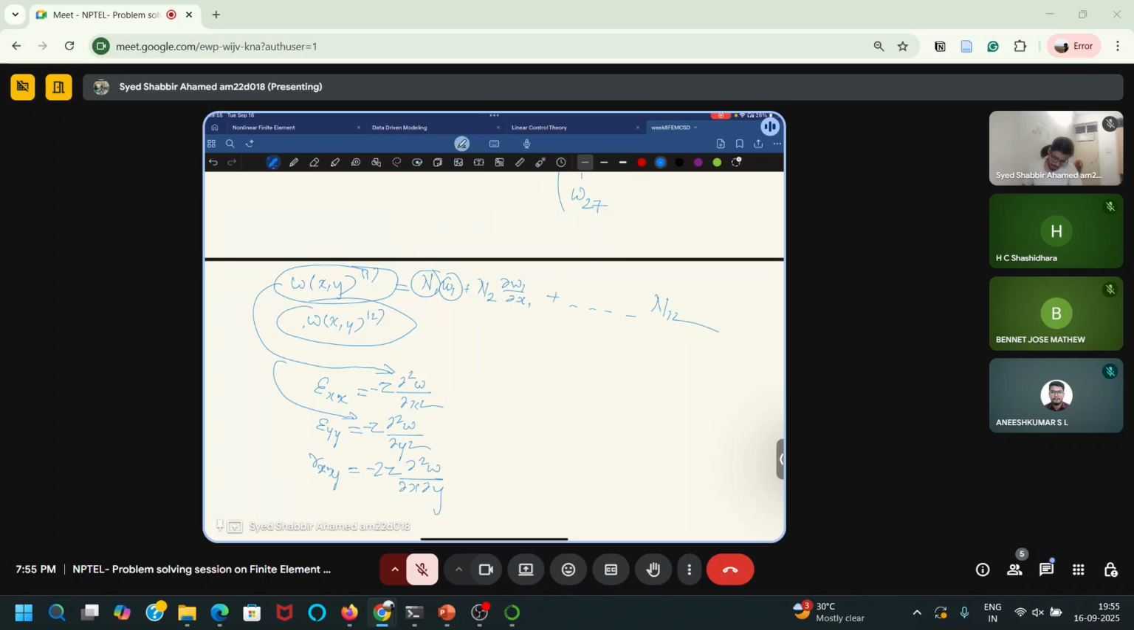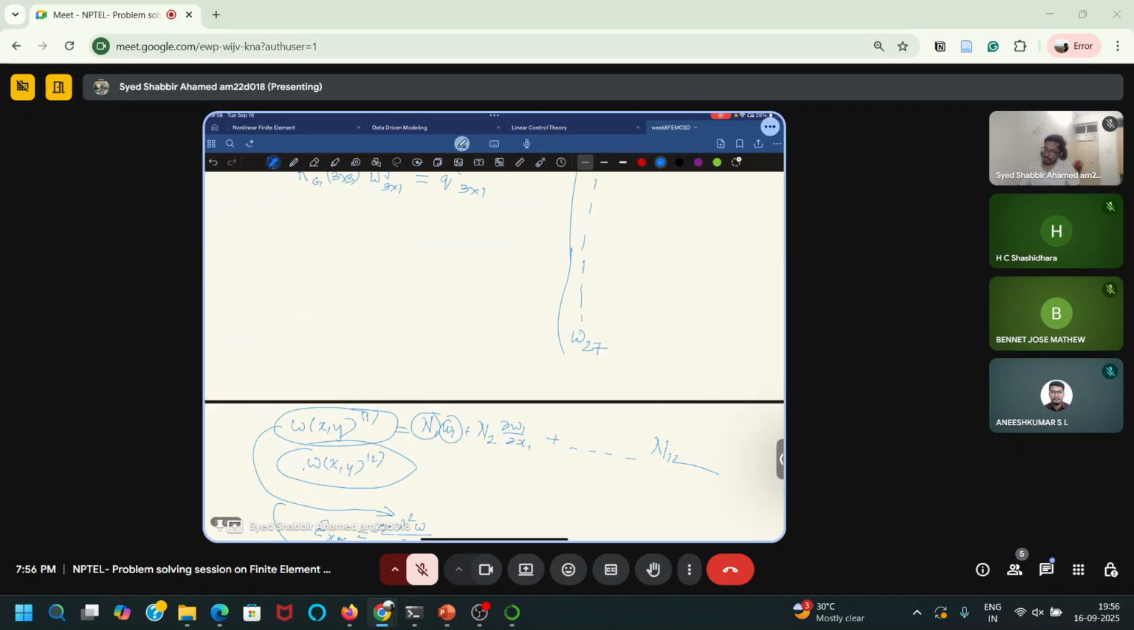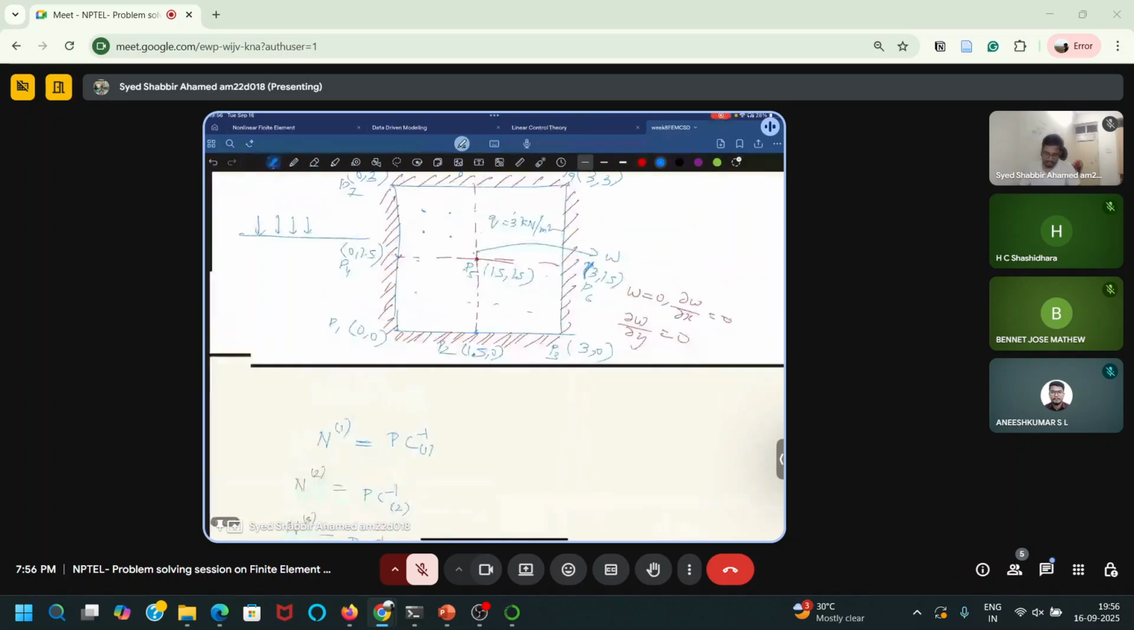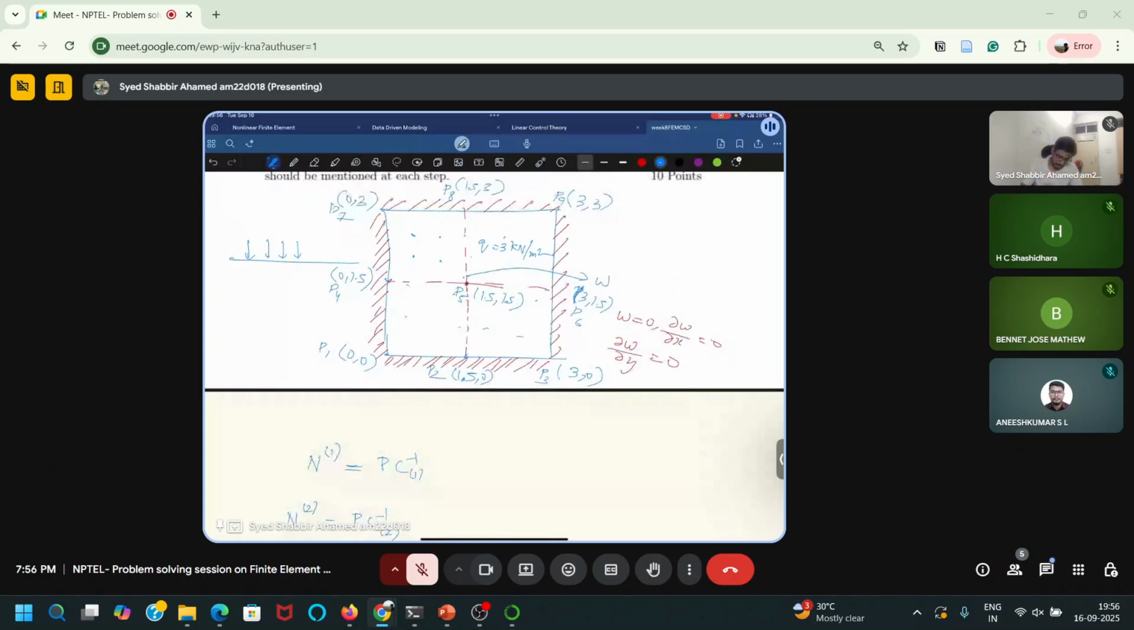Next week, I'll also share the code for solving a plate finite element, whatever I have explained here, like how to do it in Python. Next week you can play around with it and understand it more. I could have given it today itself, but there are some errors in the code which I have to solve,